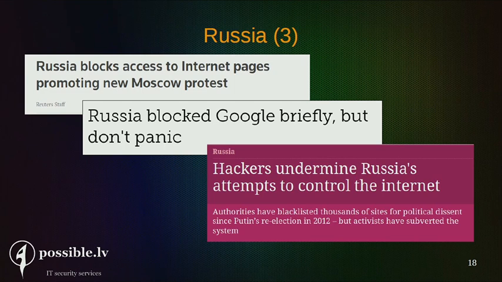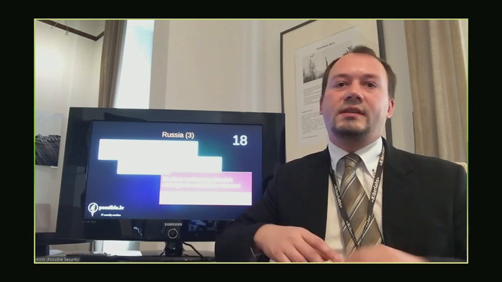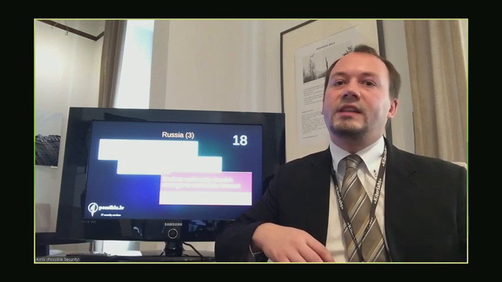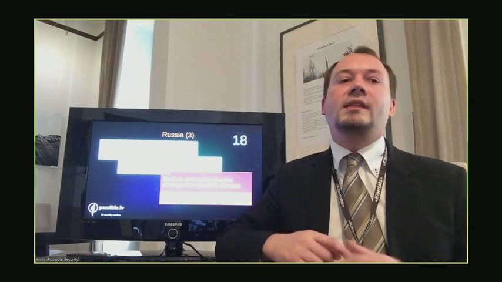When we access a web page, we basically type in a name, for example, possible.lv, and there's a server that has an address, an IP address. And when you blacklist by the domain name, that means an attacker who has his web page blacklisted can change the IP address to some other IP address that is innocuous, thus blocking the other sites.